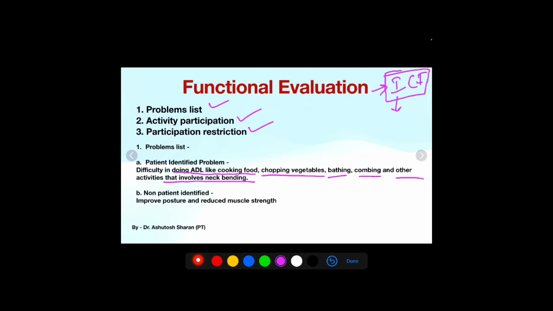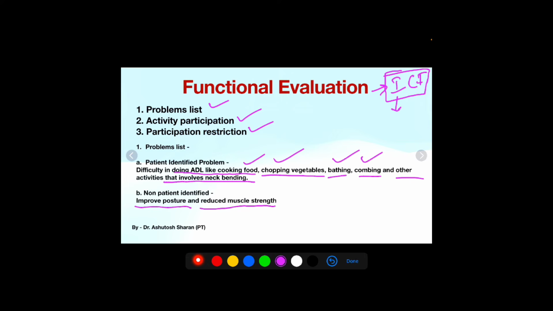तो जितने भी एक्टिविटीज हैं जिनमें नेक बेंडिंग इन्वॉल्व होता है उन सभी में प्रॉब्लम हो रहा है। खाने पकाने में भी प्रॉब्लम हो रहा है, सब्जी काटने में प्रॉब्लम हो रहा है, नहाने में दिक्कत हो रहा है, कंघी करने में दिक्कत हो रहा है। ये सारे पेशेंट आइडेंटिफाइड प्रॉब्लम्स हैं। कुछ ऐसे भी प्रॉब्लम होते हैं जो कि नॉन पेशेंट आइडेंटिफाइड होता है, यानी कि पेशेंट उनको नहीं कहता है बट वो इंपॉर्टेंट भी है, जैसे कि पोस्चर का बिगड़ जाना या फिर मसल स्ट्रेंथ का रिड्यूस हो जाना।